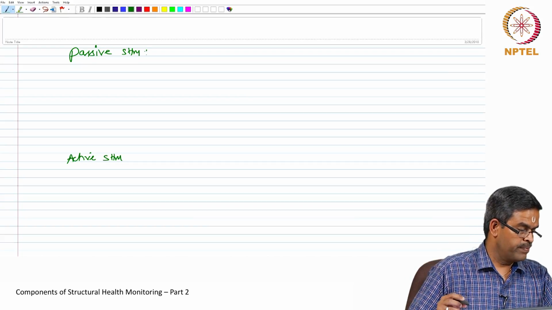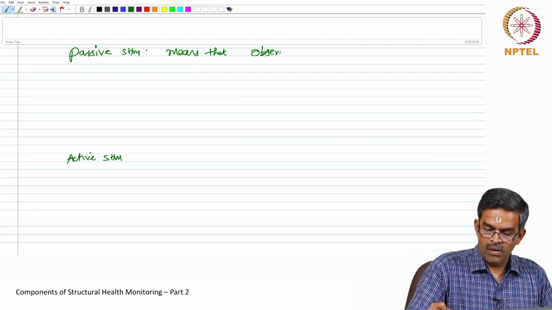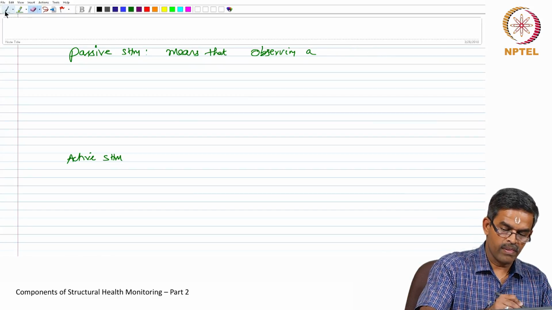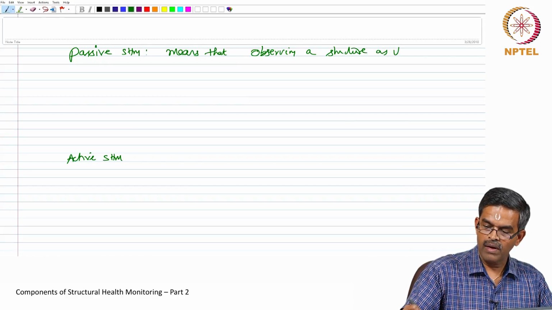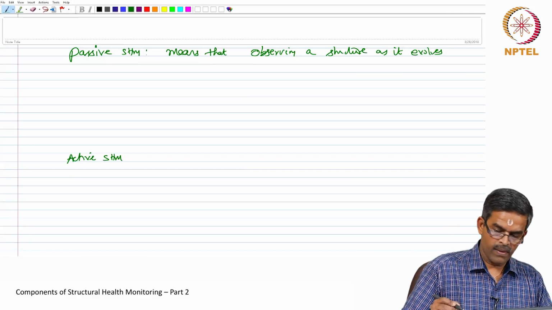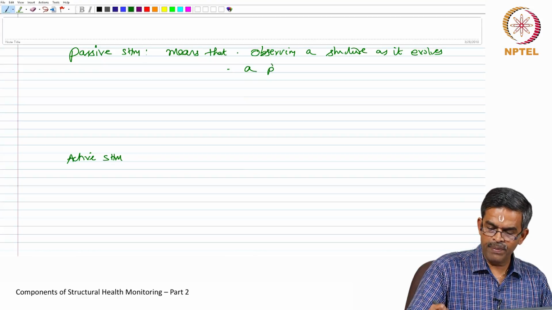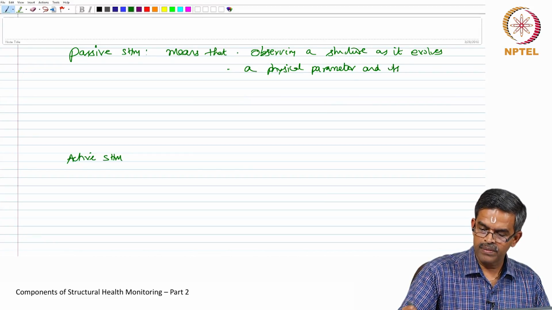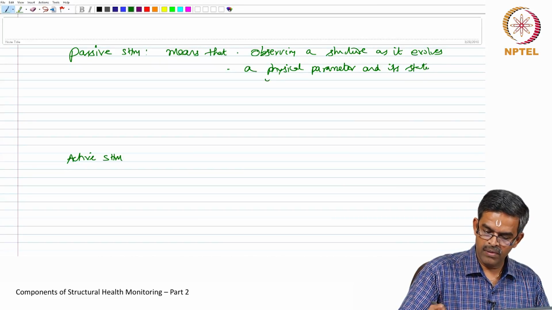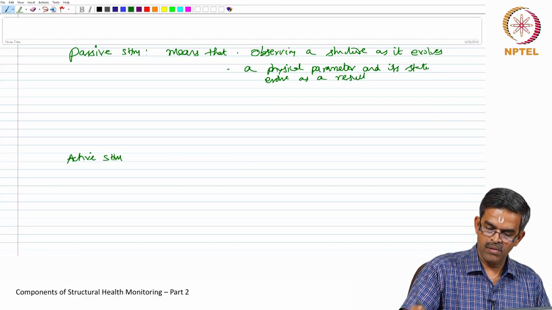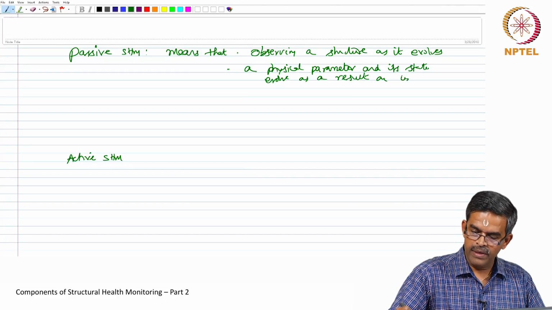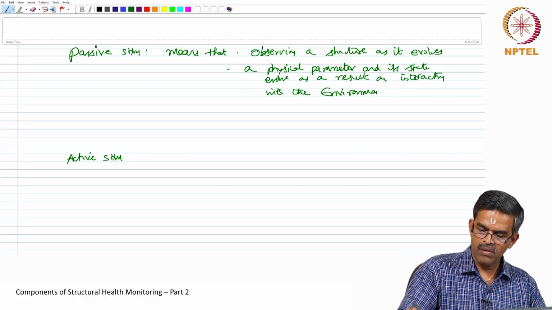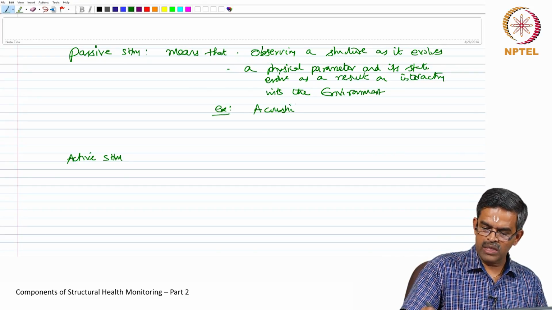Let us quickly see what is a passive SHM. It means observing a structure as it evolves. Basically, a physical parameter and its state of evolvement as a result of interacting with the environment. Tools used could be acoustic emission,